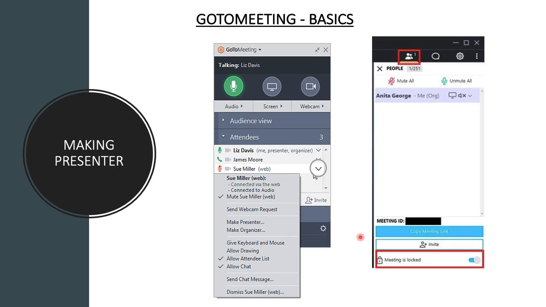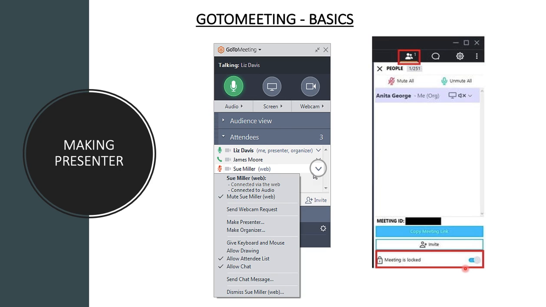This is a security feature which GoToMeeting has given, which basically doesn't allow uninvited visitors to join a particular meeting, because as you know, anyone can join a meeting having the meeting ID. So if by chance anyone gets a hold of the meeting ID and tries to enter this meeting, once the meeting is locked, he would not be able to join.